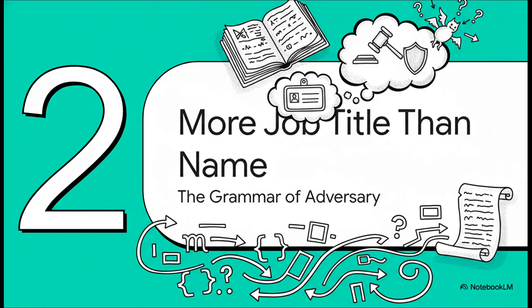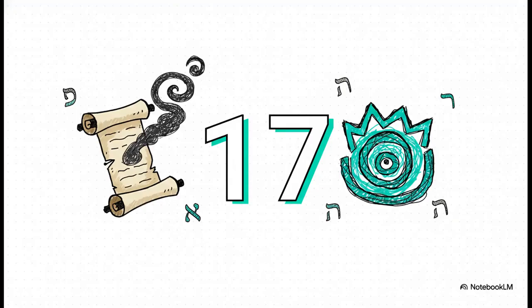We've got to stop thinking of Satan as a proper name and start thinking of it more like, well, a job title. And it's the grammar that gives it all away. So let's look at the evidence. The word śāṭān shows up 27 times in the Hebrew Bible. Now, in the majority of those cases, 17 times to be specific, it has this tiny little prefix in front of it, ha. So it reads ha-śāṭān. That one small addition, it changes everything.